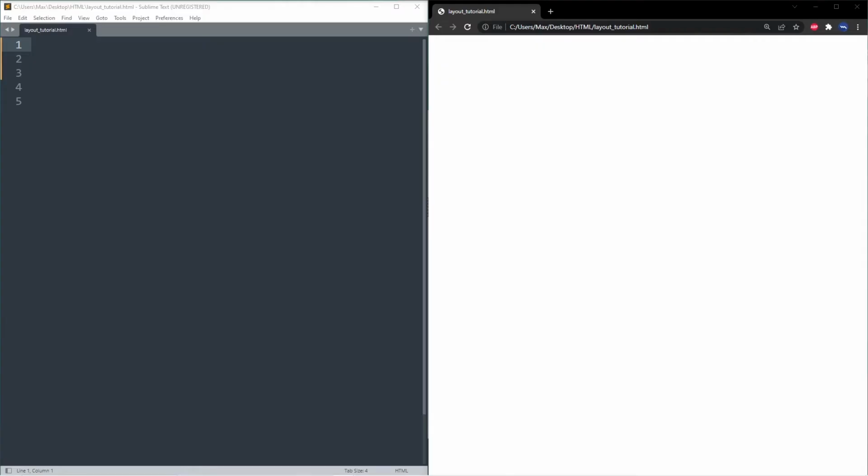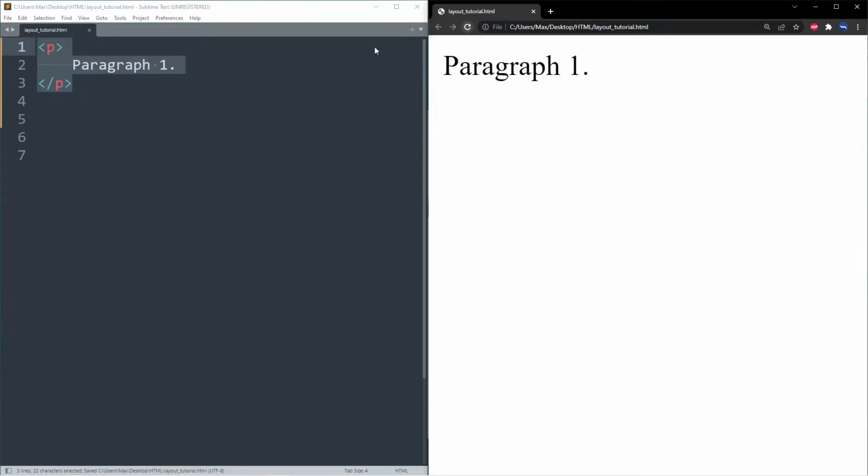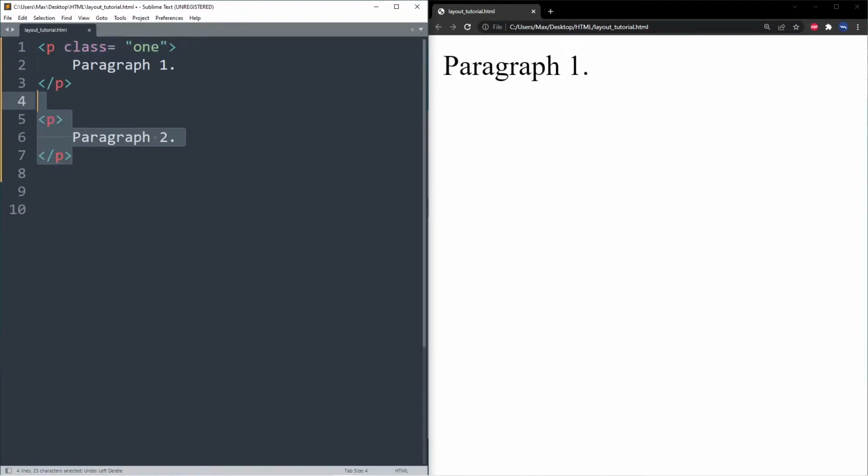In this short video, I want to talk to you guys about the CSS property display. In order to explain this, I'm going to create a couple of elements that we're going to play around with. So we're going to create a paragraph which has the text paragraph 1, and this paragraph is going to have a class set equal to 1. And then we're going to create a paragraph 2, and this paragraph is also going to be assigned to the